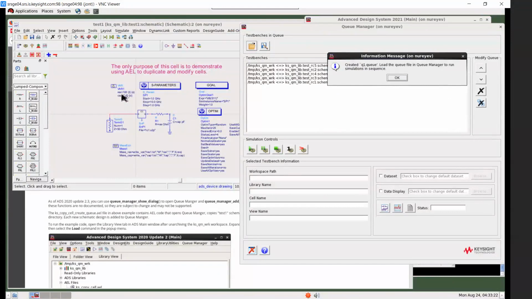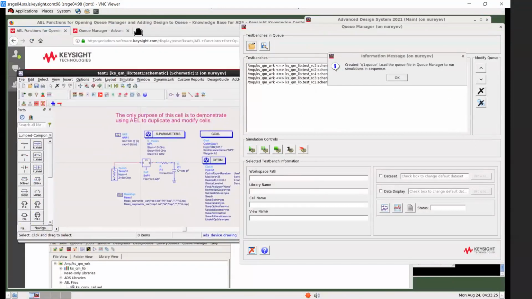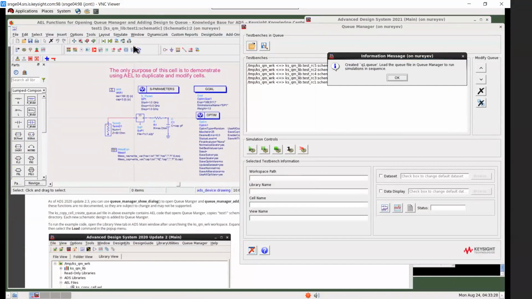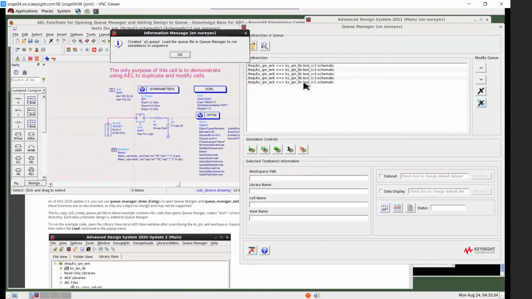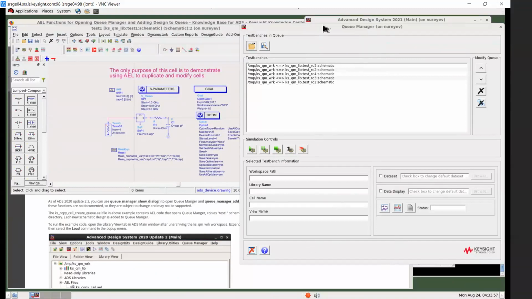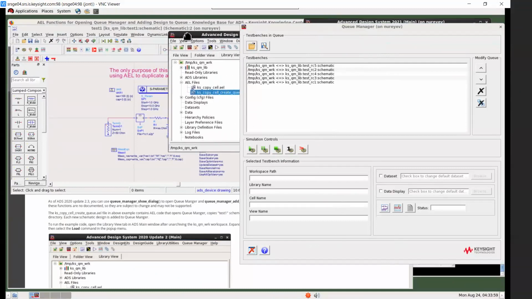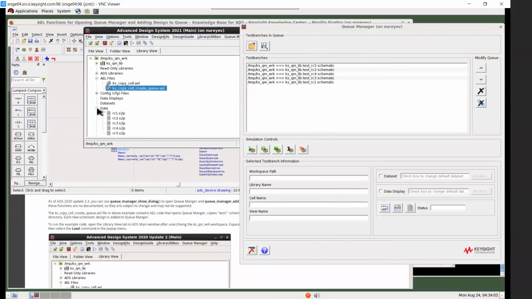What it does is it copies this test 1 design to create 5 new test benches. Test_RC1, test_RC2, 3, 4, 5. These 5 files came from the data directory